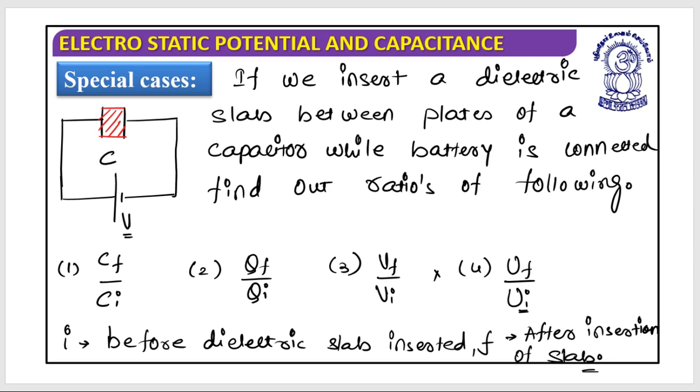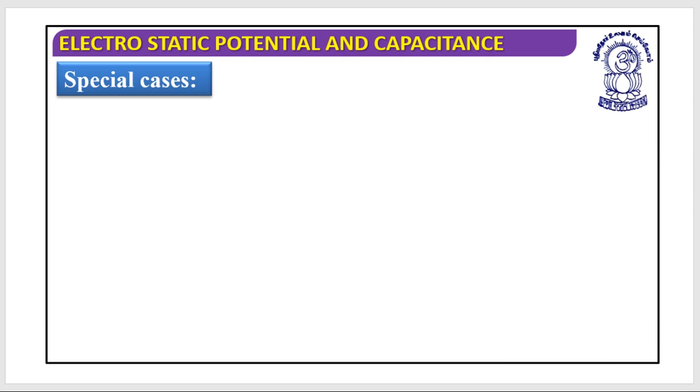If you observe this very carefully in a very detailed manner, you might have an idea that my battery is still connected, even though the capacitor was there with air, and even now when the capacitor is with dielectric slab. So if battery is connected every time,